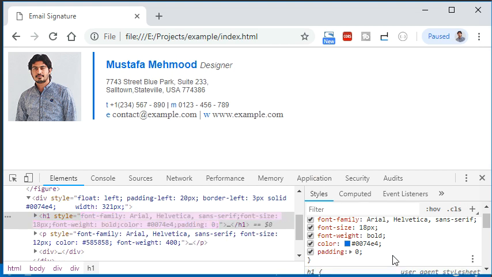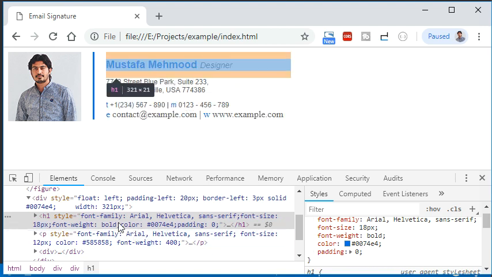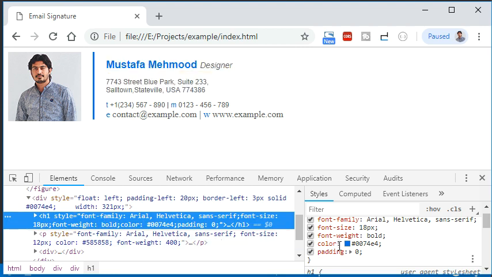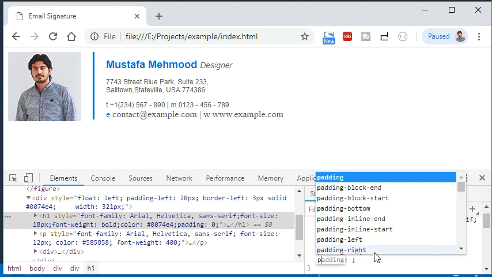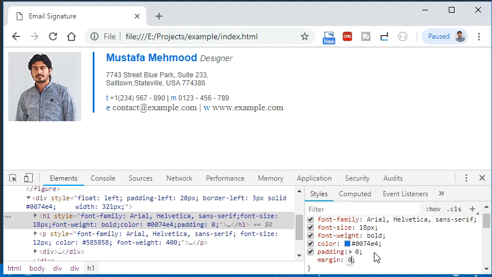No, our border is disturbing, so we need to add a line, maybe margin 0. Yeah,